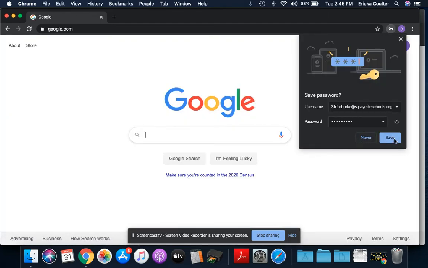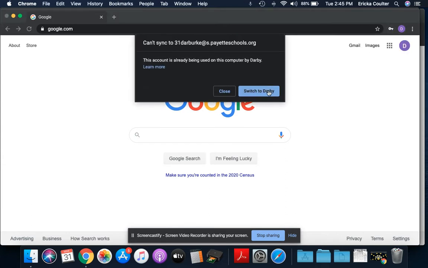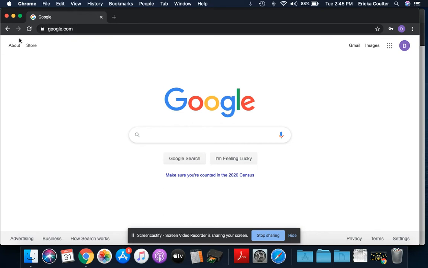You can choose to save this. It'll only save when they get signed in, so it's not like it saves it to Google forever. It just saves it to the computer they're signed in on. So I would decide to save that. And if you do that, you can also turn on the sync. And since it's with the Payette School District, it's going to sync any bookmarks that she has. I'm just going to close that because I already signed in as hers, but it should pull up some bookmarks